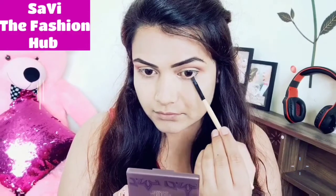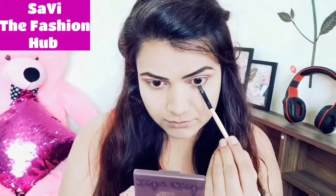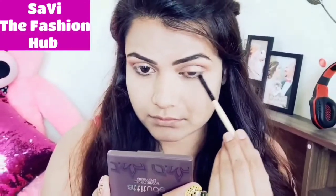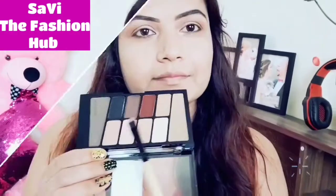Next I am applying a black shade on the lower lash line. It looks so beautiful and natural. You can see the difference. And take a small brush and smudge it. As you can see,